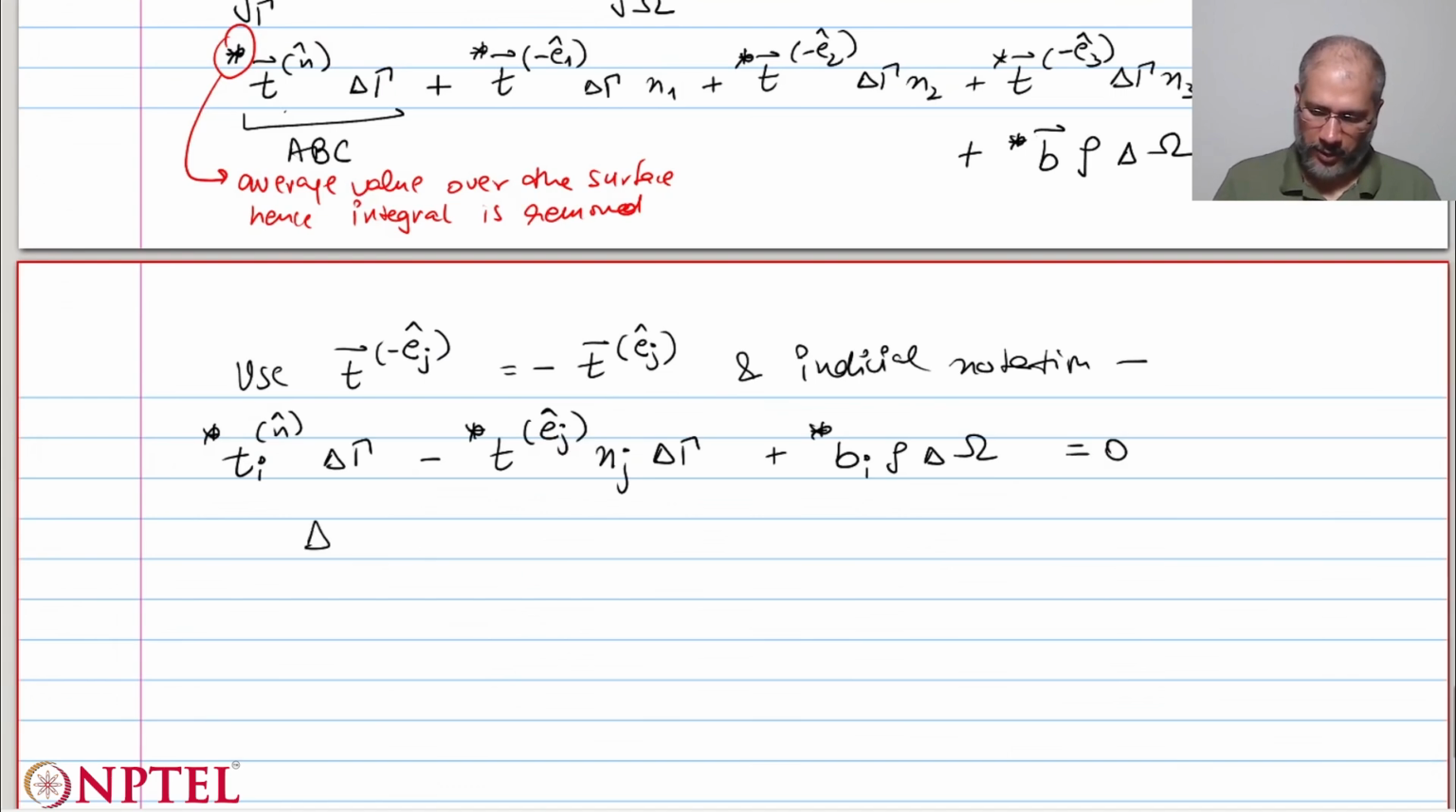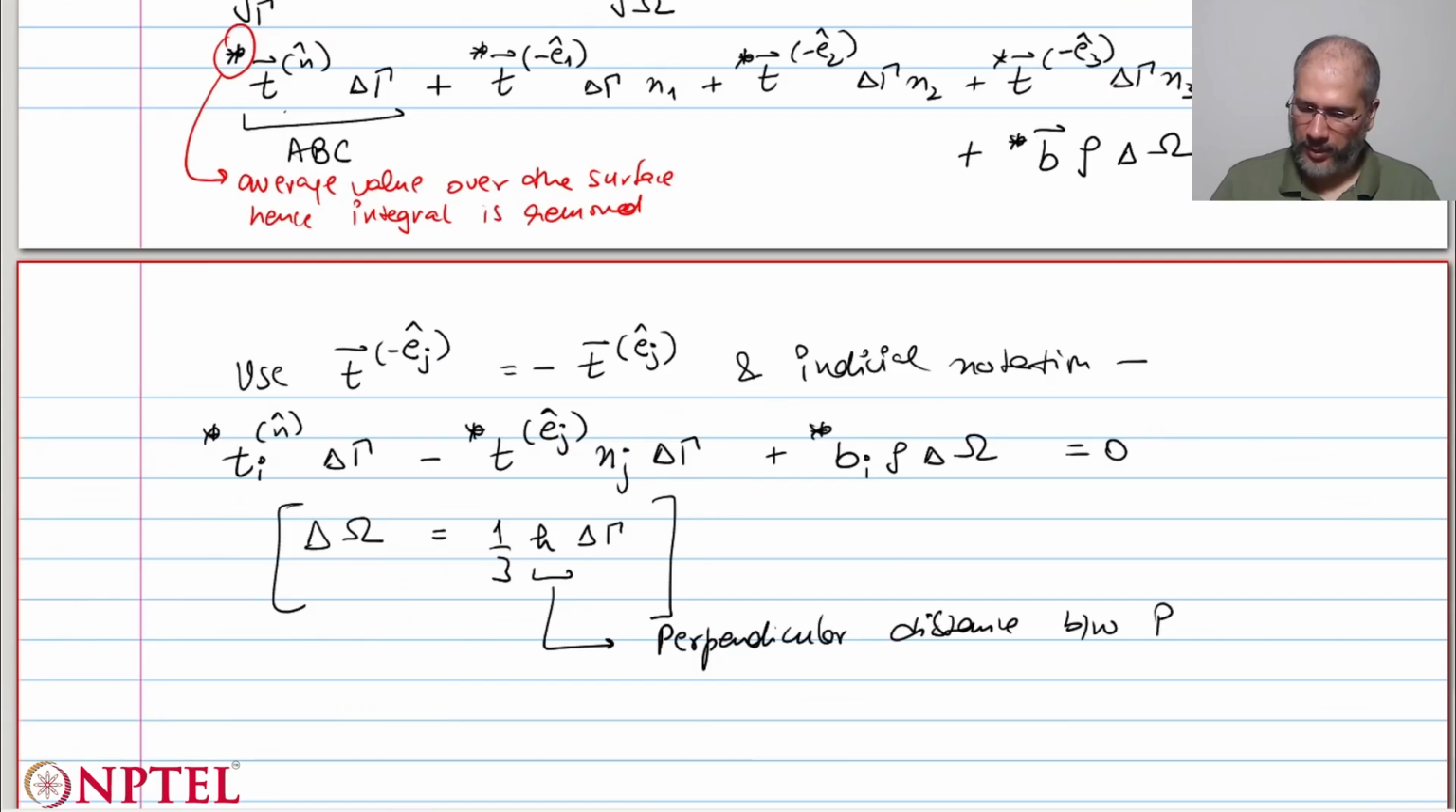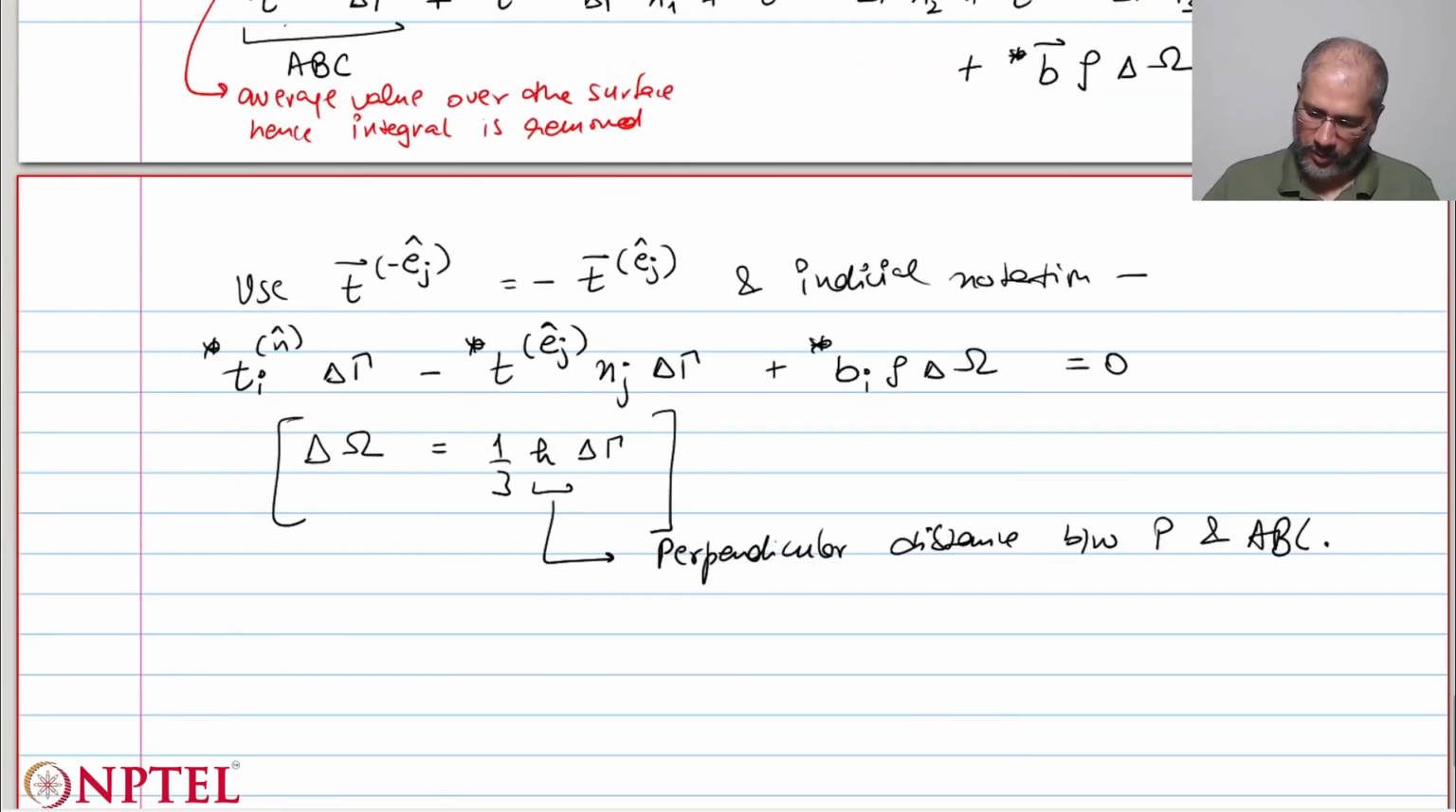So now we use the relation that the volume of a tetrahedron is 1/3 times h times delta gamma, where h here is the perpendicular distance between the point P and the plane ABC. So if I use this condition, then my equation simplifies further because we'll be able to get rid of the delta gamma. So this becomes